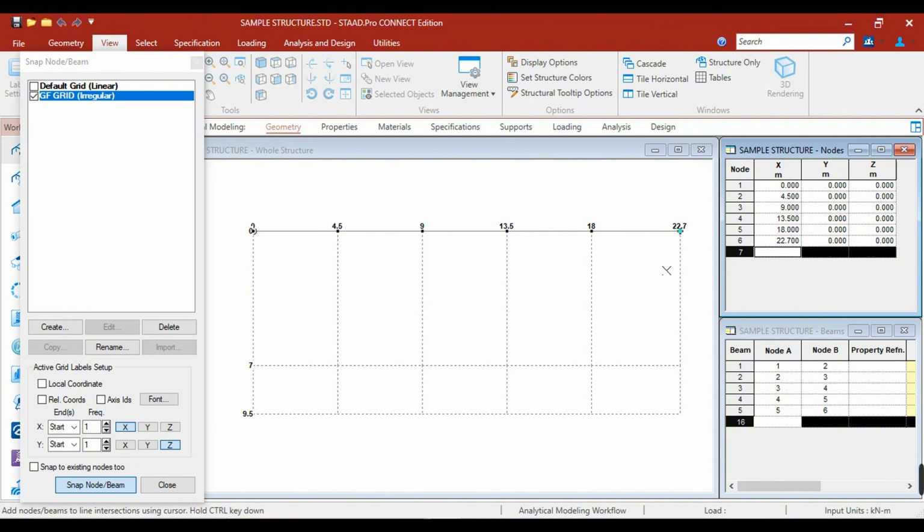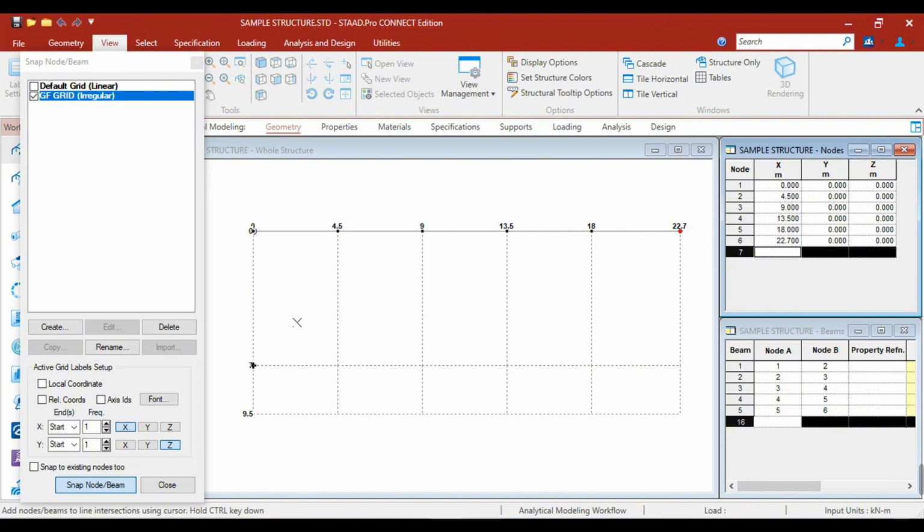So what we're going to do is hold control. As I hold control, we can now start again at the leftmost along grid line B.